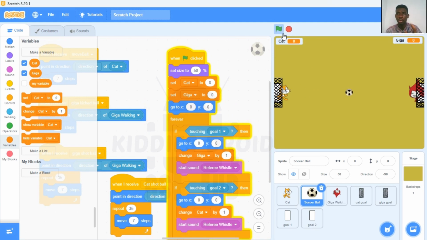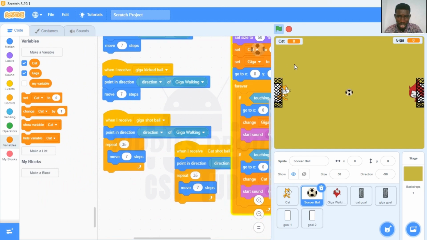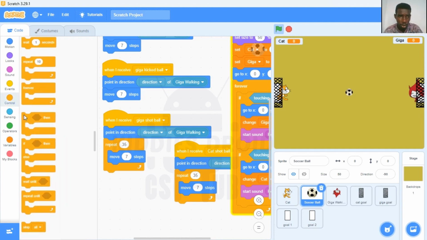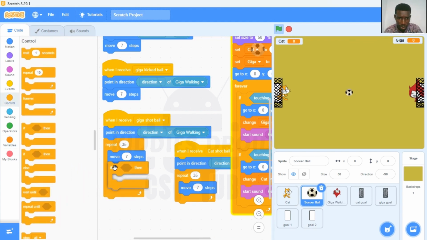Now, how do we make the ball stop moving immediately after the whistle? To do that, we'll have to go back to what is making it move consistently, which is this when I receive cat shot ball and Giga shot ball. Now let's first try for Giga shot ball. What we're going to do is this script keeps on moving because it's meant to repeat 35 times even if it touches anything. So we're going to come and say if inside here, we're going to say if